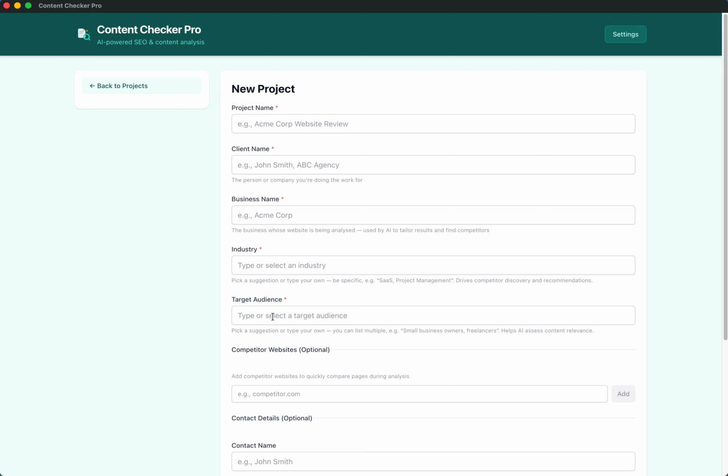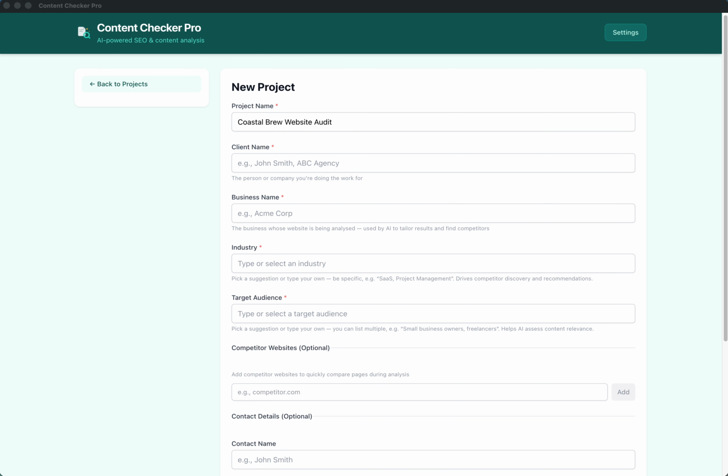So as a demo, I've just got some copy here that I'm going to paste in. So project name. This project name is the Coastal Brew website audit. Client name, we're going to go with client name of James Parker. Business name, we're going to go with Coastal Brew Coffee rather. For industry, I'm going to show you, there's a bit of a hint here